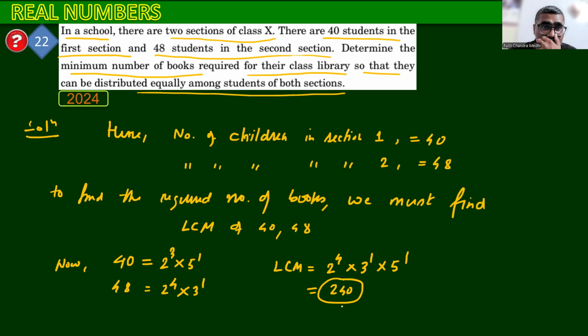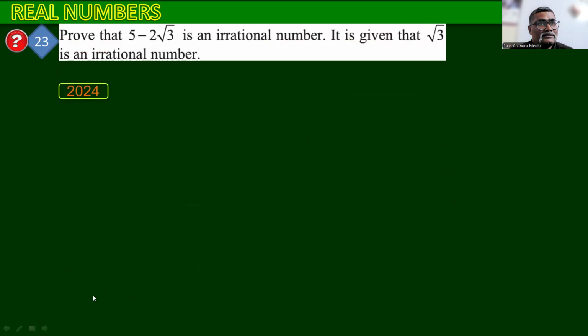So please give the last conclusion. Therefore, 240 books are needed. So whatever books you bring, 240 you bring, and that you can equally distribute. So that's the answer, right? Okay, good question. Next,